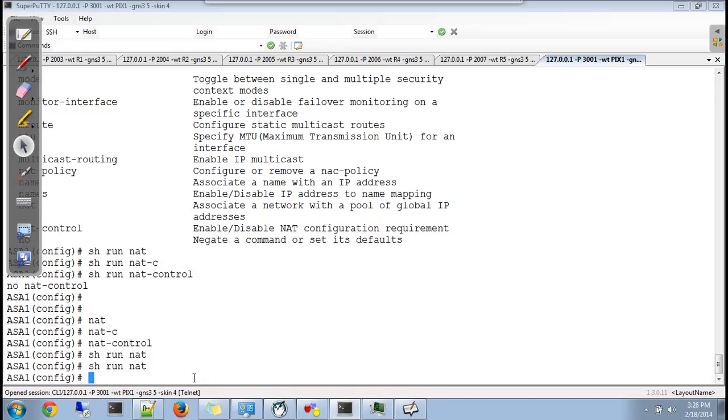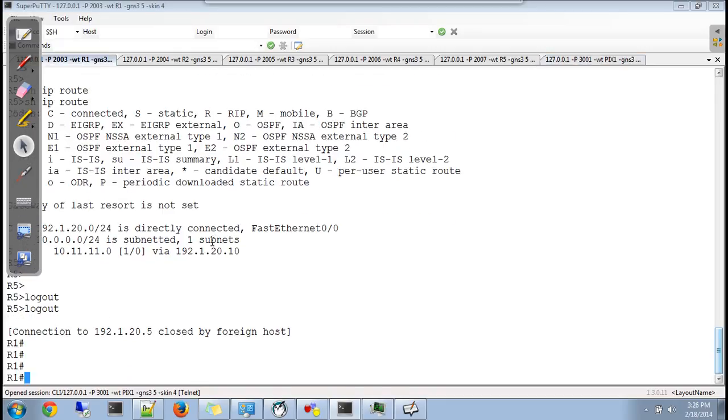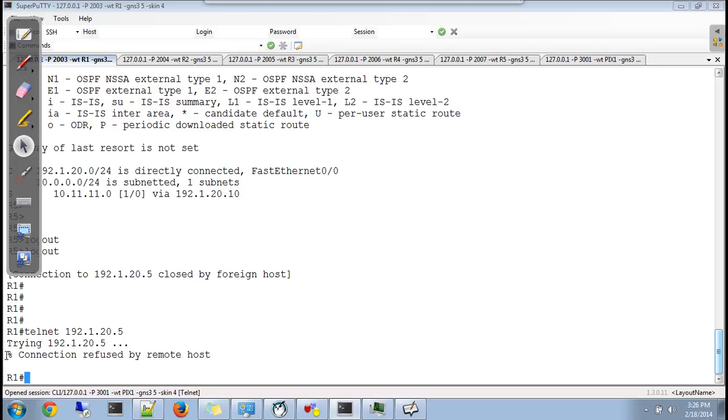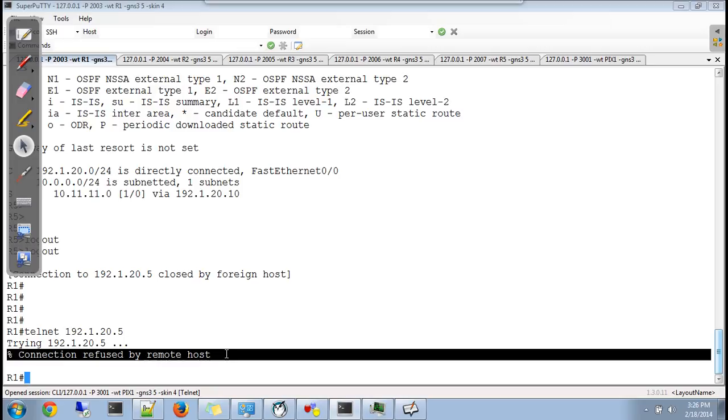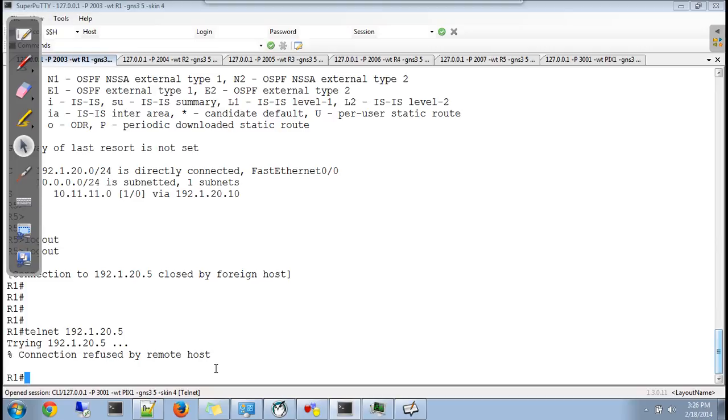Simple. So what will happen is, if R1 now tries to go out, you get a different message: connection refused by remote host. Refused means it's something done by the firewall. Okay, I'll remove the NAT control feature from here.